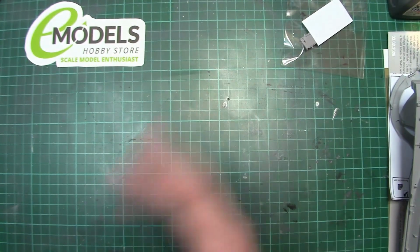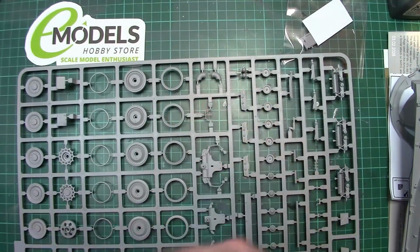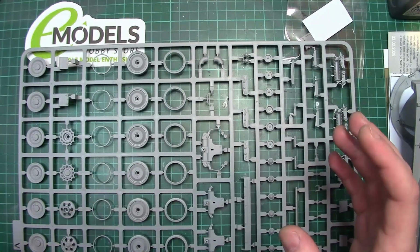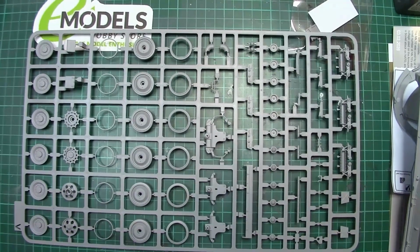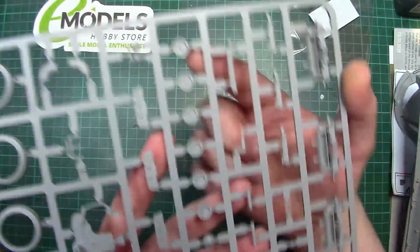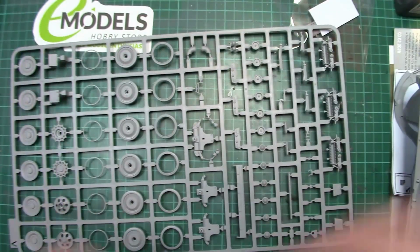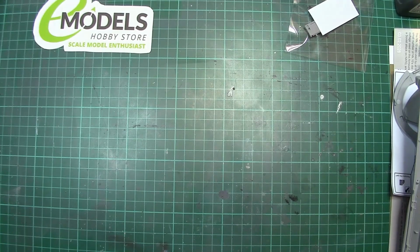Anybody who builds armour will tell you, you either love doing wheels or you hate doing them, because there's that much repetition involved. Personally, I find it therapeutic. I like doing them, but I know a lot of guys out there hate doing this kind of stuff. It's just like millions and millions of tiny little bogey wheels and the big wheels, and you've got to glue them all together and repeat and rinse, and it's just mind-numbingly boring. But the detail